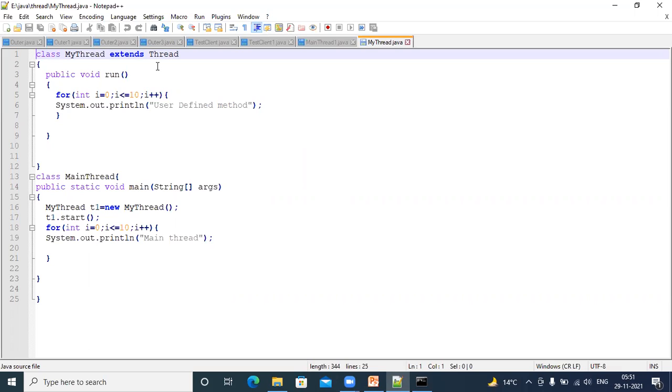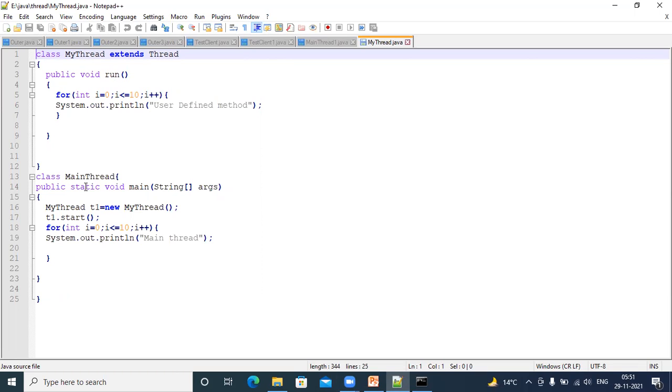So this is the first way. Here I have made a class named myThread. The myThread class is going to extend the Thread class, and here we have a method, that is the run method. I will let you know why I have written this run method. So this is a class named myThread that extends the Thread class, and we are going to make this class a thread. This run method comes from the Thread class, and we are overriding this run method here.